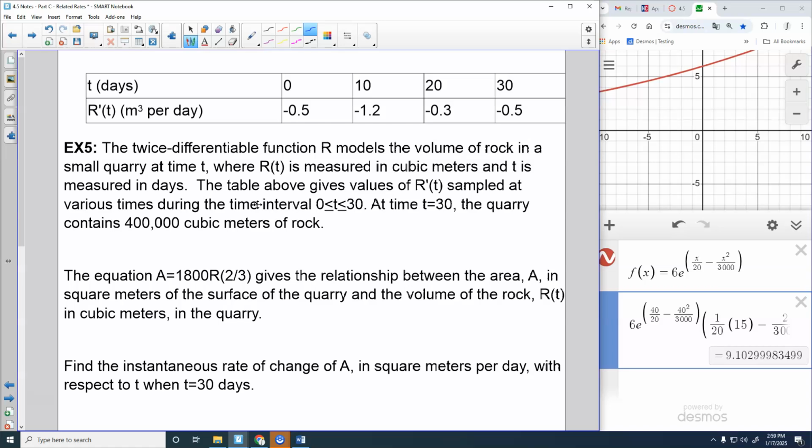The twice differentiable function R models the volume of rock in a small quarry at time t, where R of t is measured in cubic meters and t is measured in days. The table above gives values of R prime of t sampled at various times during the time interval from 0 to 30. At time t equals 30, the quarry contains 400,000 cubic meters of rock. The equation A equals 1800 R